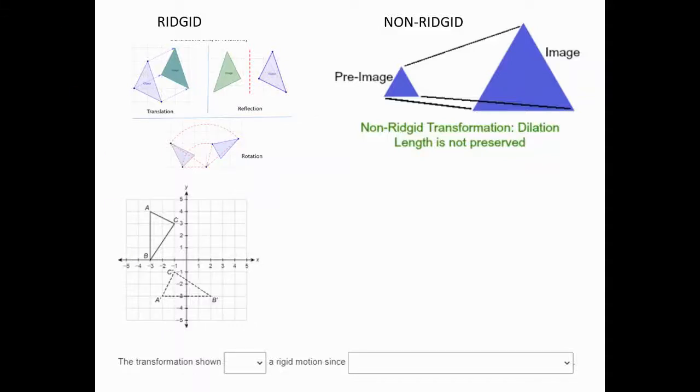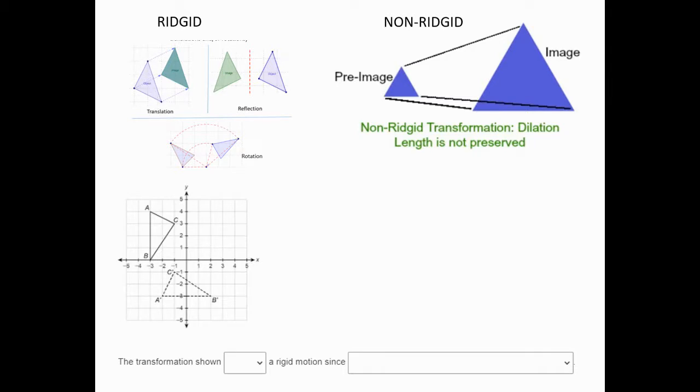All right, so this last problem, we're almost done. Yay! Okay, so the first thing we need to know in order to do this one is the difference between a rigid and a non-rigid motion. Or sorry, transformation. So we know that a rigid transformation basically is the same size and the same length of